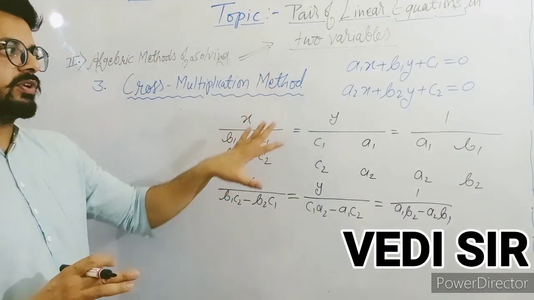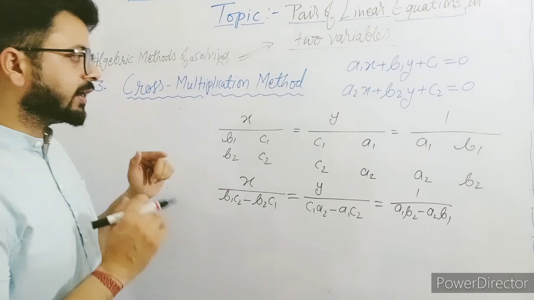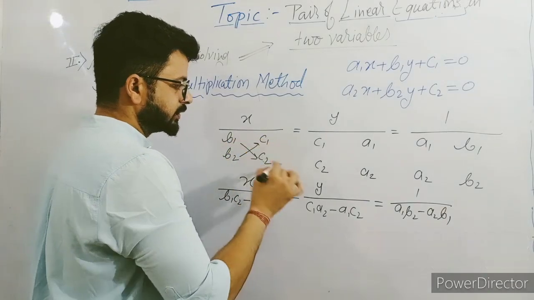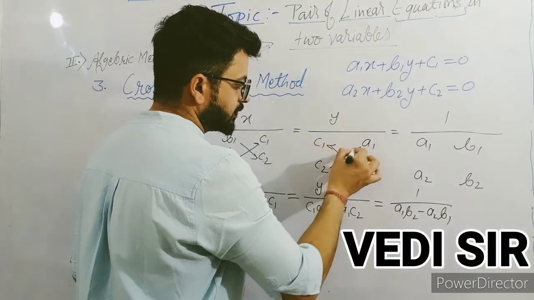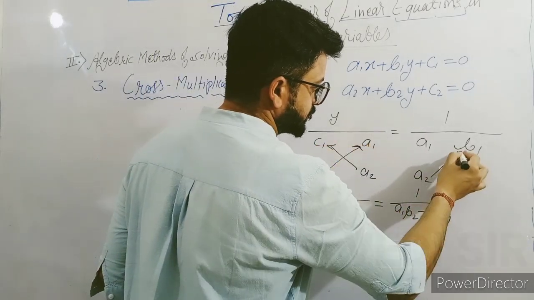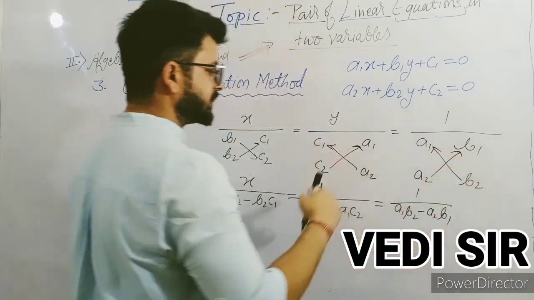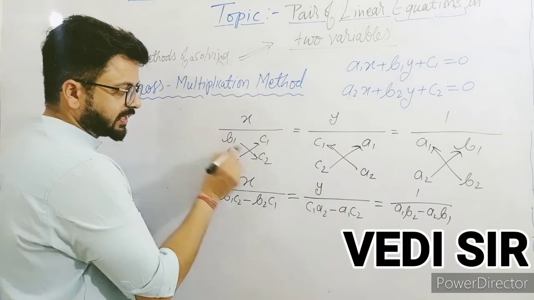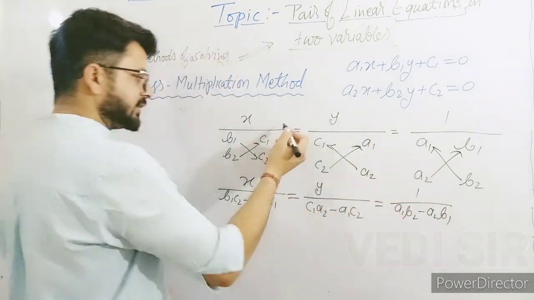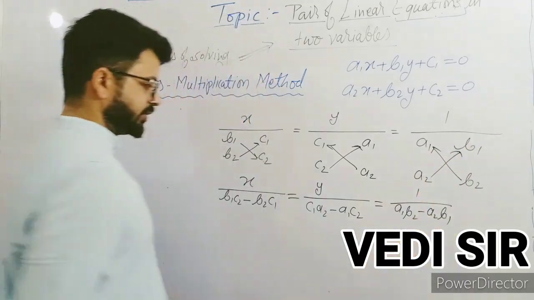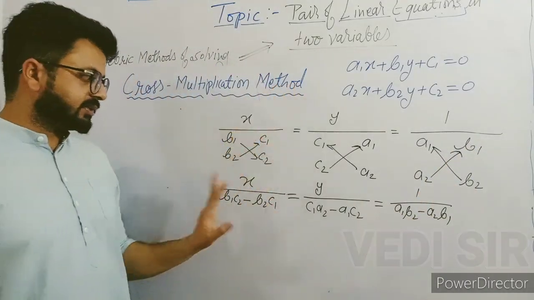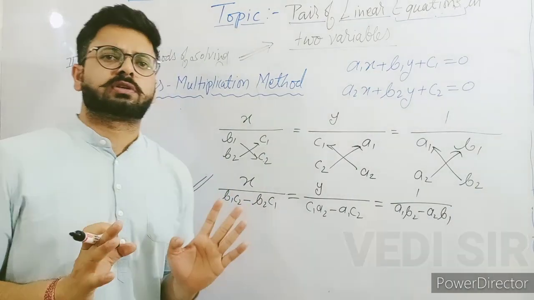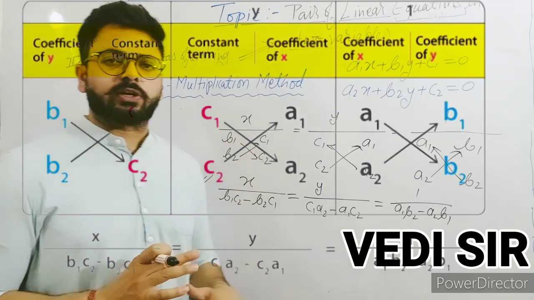This is the one method which we are following, and we call it cross multiplication because here we are doing cross multiply, and here we are doing cross multiply, and in between the cross multiplications we are putting a minus sign. But first always multiply this diagonal and then minus this one. This is the method, this is the formula, but we will not show the formula in the solution. Directly we will start to solve the question.